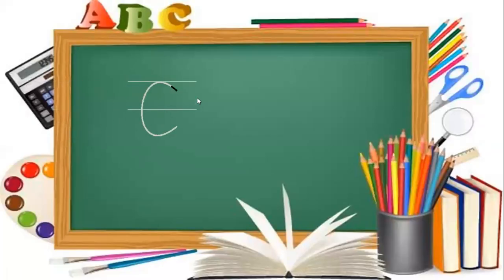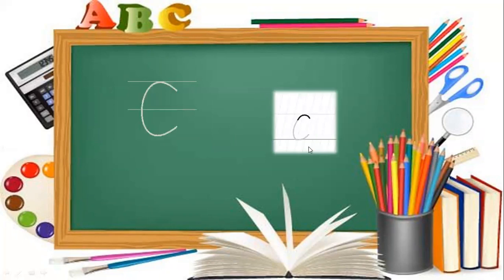Now our next letter is C. Starting from the top, a little below the top, draw a point and then touch it to the top and make a curved line touching the bottom and then a little bit up from the bottom. Then it will look like a letter C, using the first 3 lines of your notebook for a capital C. Understood?